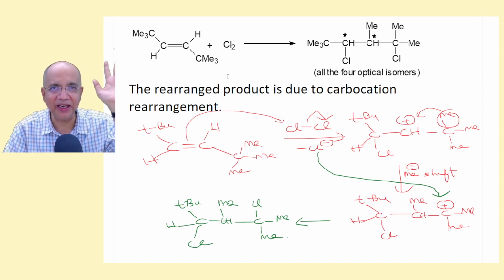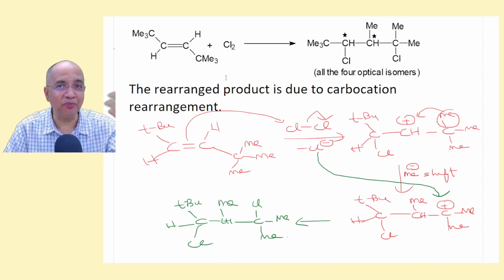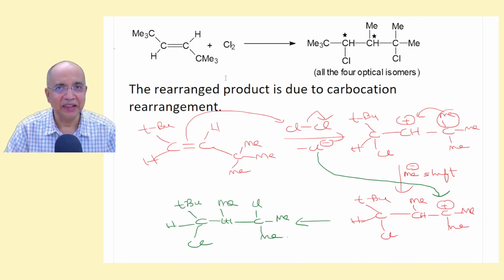Next video will be on other electrophilic additions to alkenes, like hydroboration-oxidation, epoxide formation and then hydrolysis, or hydroxylation by Baeyer's reagent or osmium tetroxide. Some of these are electrophilic and some of them go via a cyclic transition state. I will be doing that in succession; addition of alkenes will continue.